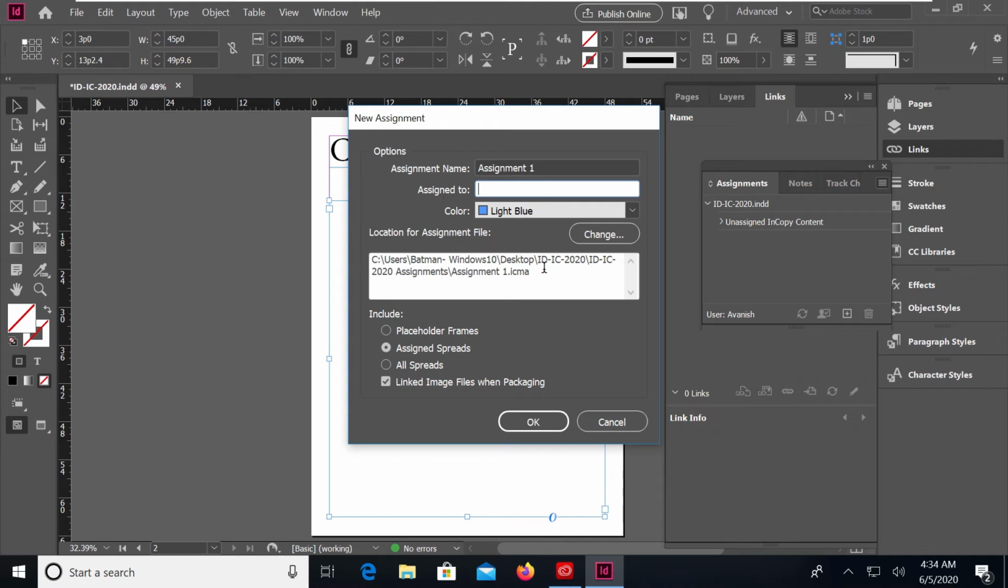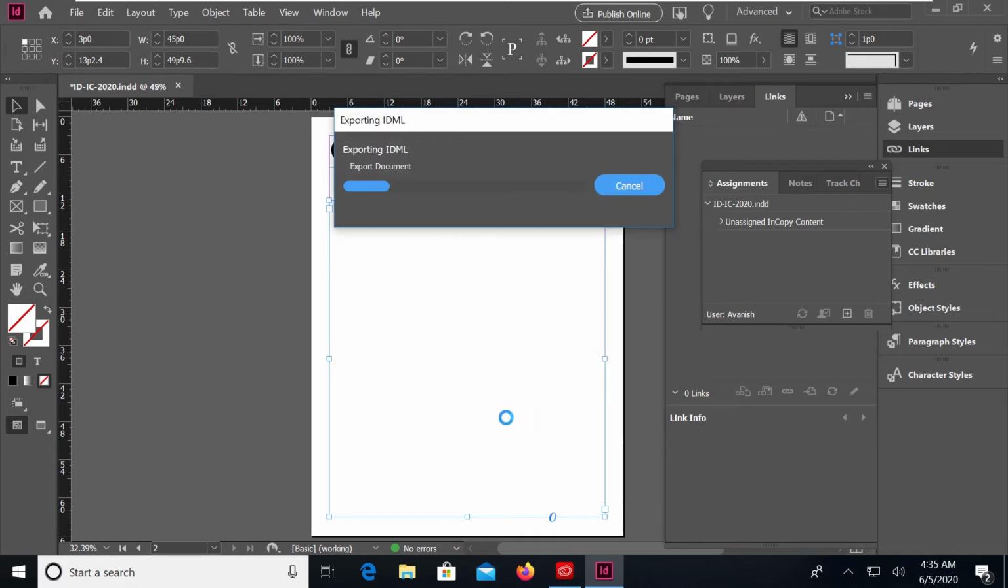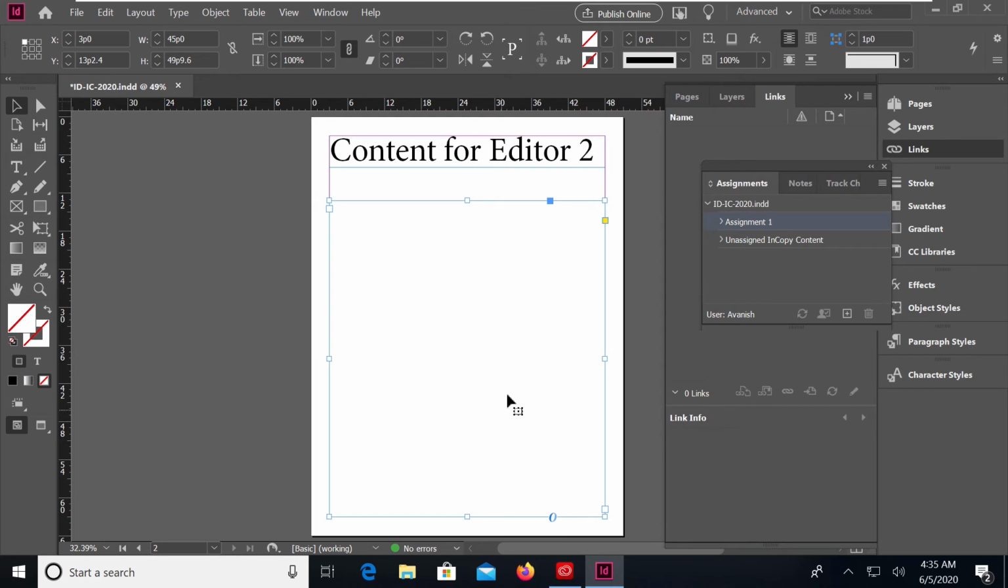And here's the location where this assignment file is going to be saved. So this assignment file will be actually a container for all my InCopy stories or the InCopy linked stories on which my editors can work. And I'll go with the default settings. Okay. Now my first assignment has been created,